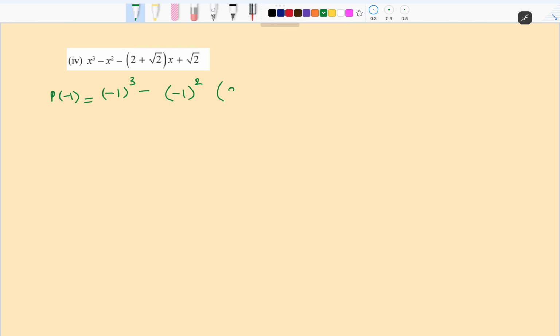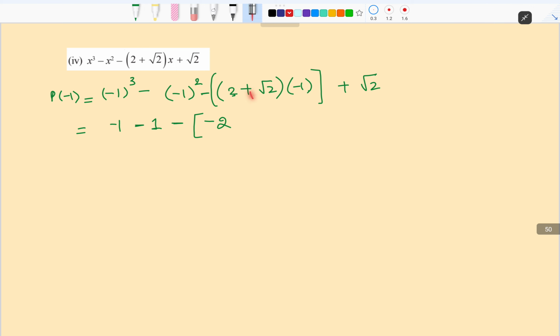Okay. 2, we have minus 2 plus root 2 times minus 1. Let me put this in a bracket. It is one term plus root 2. So minus 1 cube is going to give me minus 1, minus minus 1 square is going to give me positive 1, minus 2 into minus 1. 2 into minus 1 is going to give me minus 2, and root 2 into minus 1 is going to give me minus root 2. Correct? Plus root 2. So this is minus 1